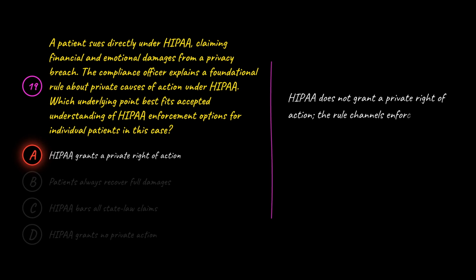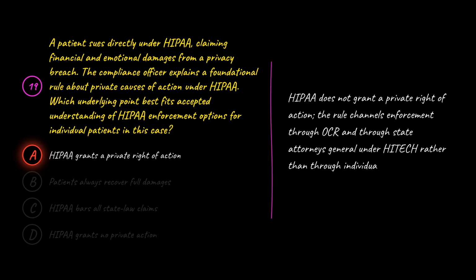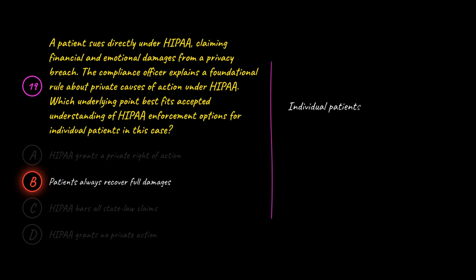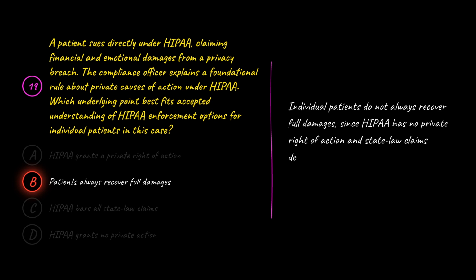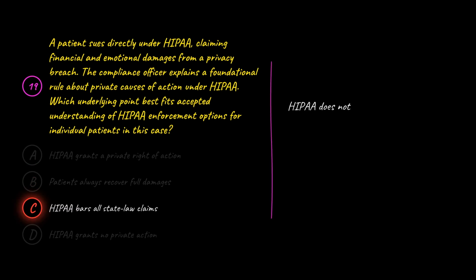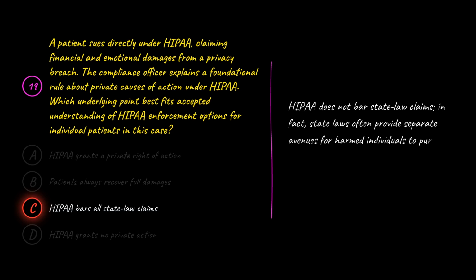The rule channels enforcement through OCR and through state attorneys general under HITECH rather than through individual lawsuits brought directly under the Act. B is wrong because individual patients do not always recover full damages, since HIPAA has no private right of action and state law claims depend on cause of action and proof of harm. C is wrong because HIPAA does not bar state law claims. In fact, state laws often provide separate avenues for harmed individuals to pursue remedies for privacy breaches that may parallel